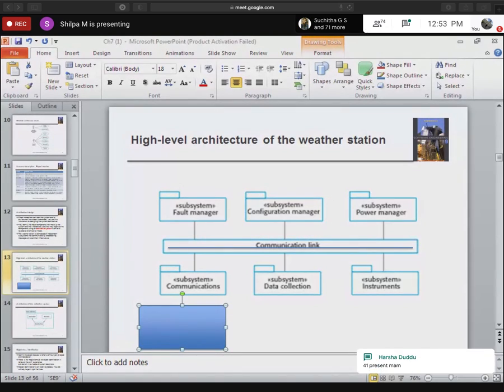41, 42, 43, 44, 45. 46, 47. Gaganashri. 46, 47, 48. 49, 50. 51.